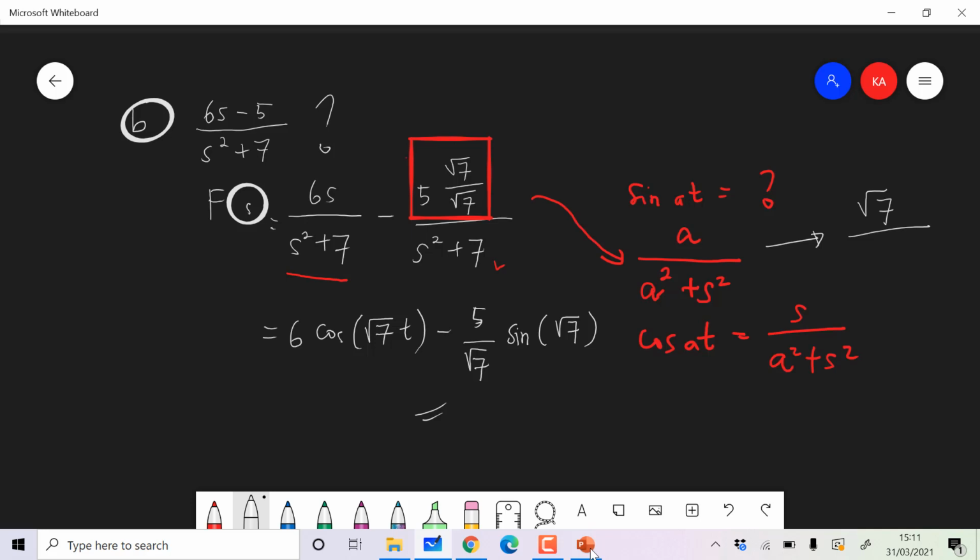this one. So we have to multiply by 5 per square root of 7 to get this function. So the final answer is 6 cosinus of this one, and then we have for sin. Okay, so this is the second example,